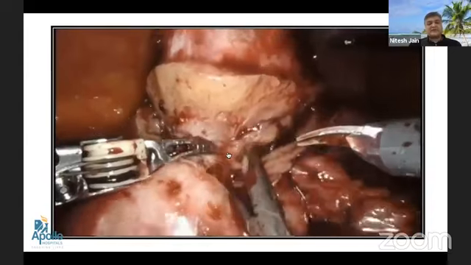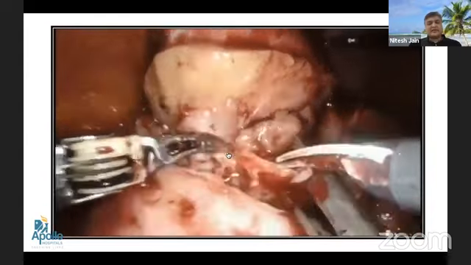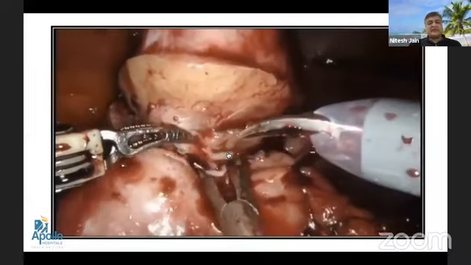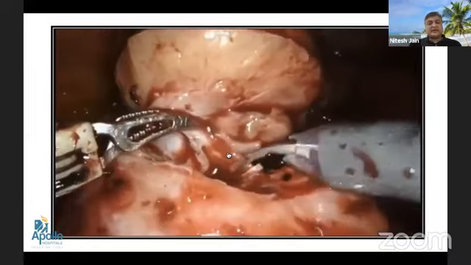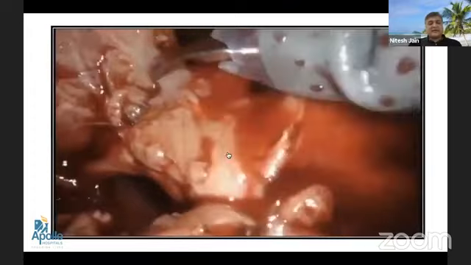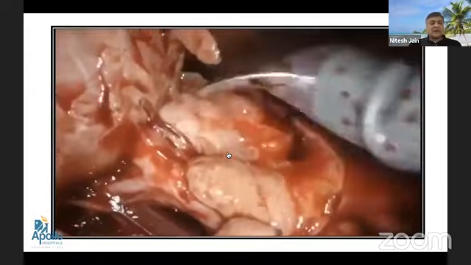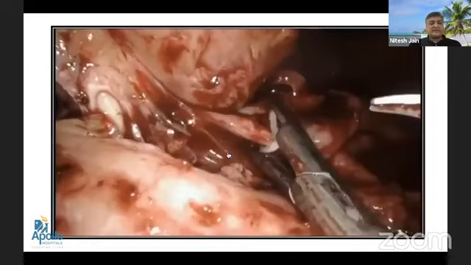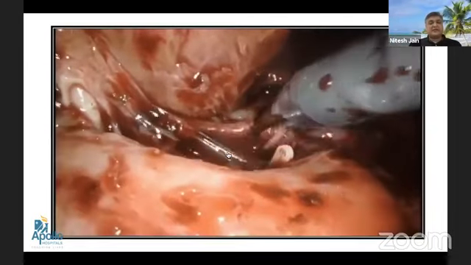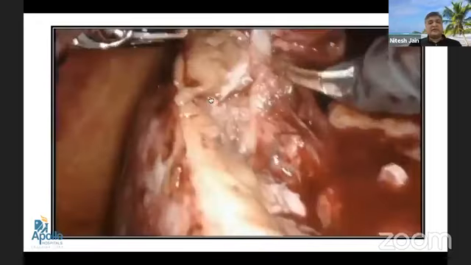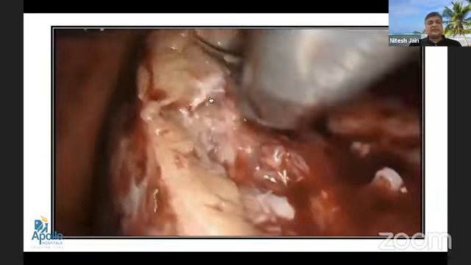Any small vessels entering the tumor can be clipped separately, or they can also be sutured separately when we are doing the inner renorrhaphy. In case of a tumor which is very close to the PCS, we should err on the side of opening the PCS rather than preserving it, because an oncological negative outcome is more important than anything else in